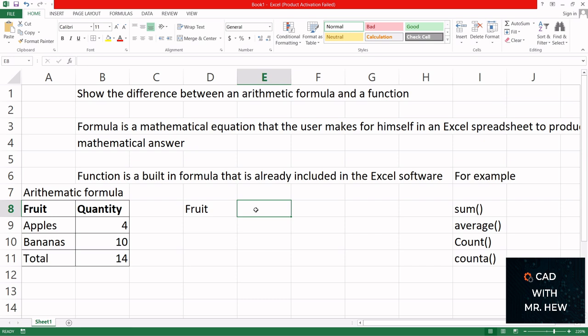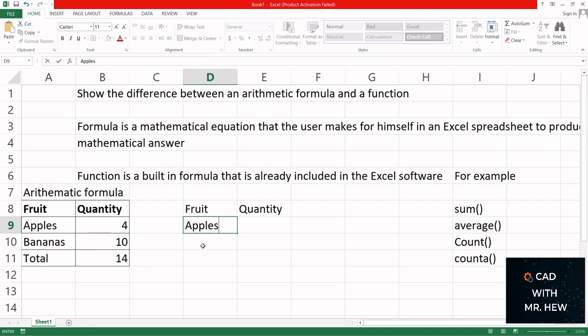Then we're going to have quantity, right? Then we're going to have here apples, assuming that we have more than one in our count, which we do. We have banana. We're going to put one banana, all right, to explain what I meant a while ago. Okay. Then we're going to put